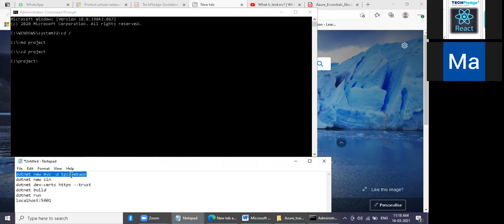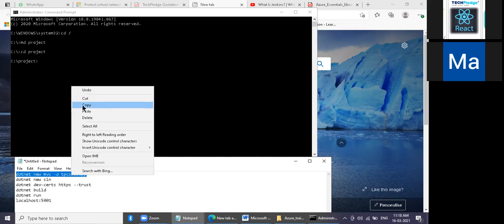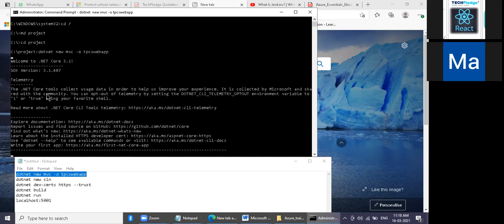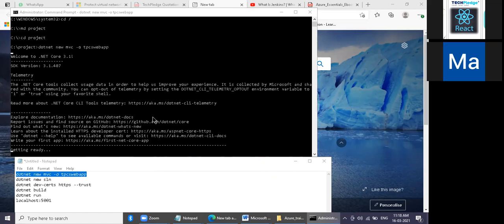Just right click this one, copy and paste here, and hit enter. It is going to create a web app project for you.